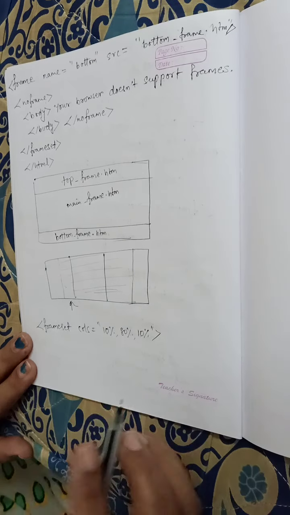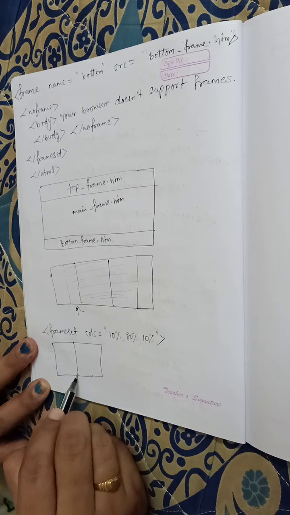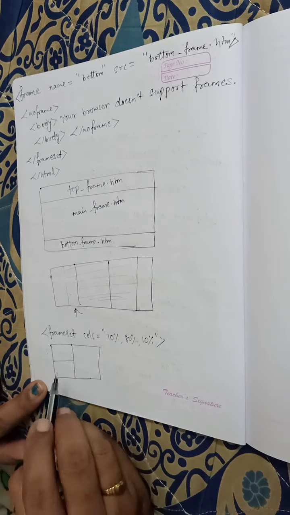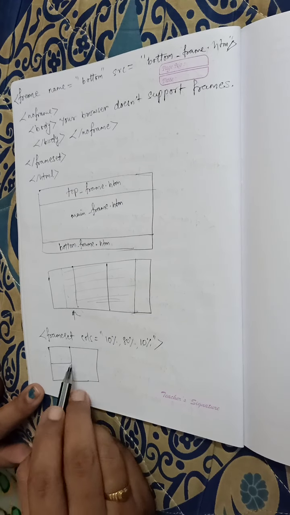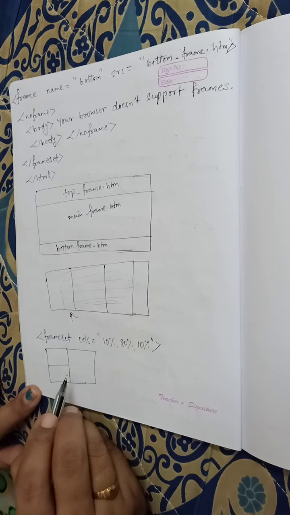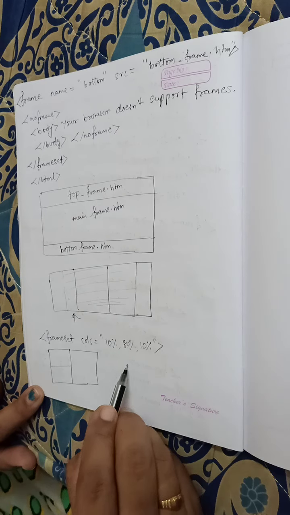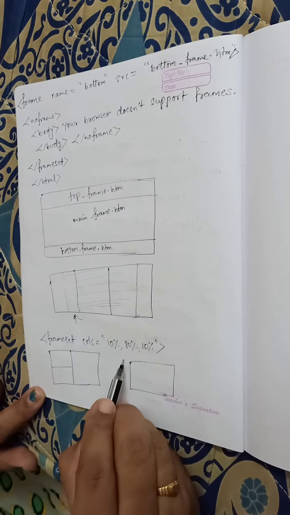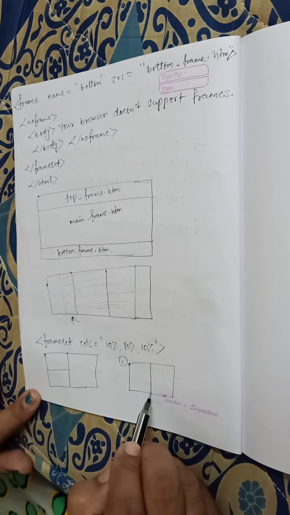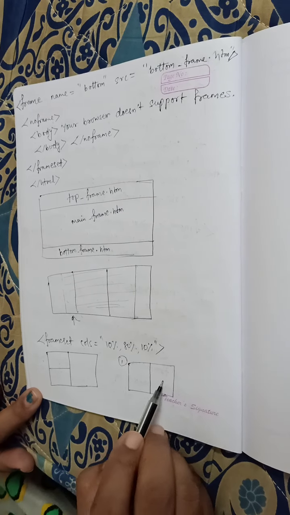Okay. I can also divide the frames like this. So here I have 2 rows and 1 column. How to go about this? Here a nesting of frames is done. Nesting of frames means a frame within a frame. The first step is dividing my window into 2 frames. Now this is a frame, this is a frame.